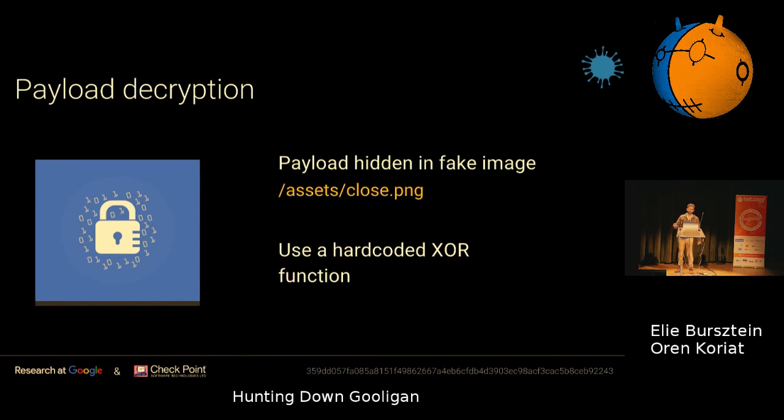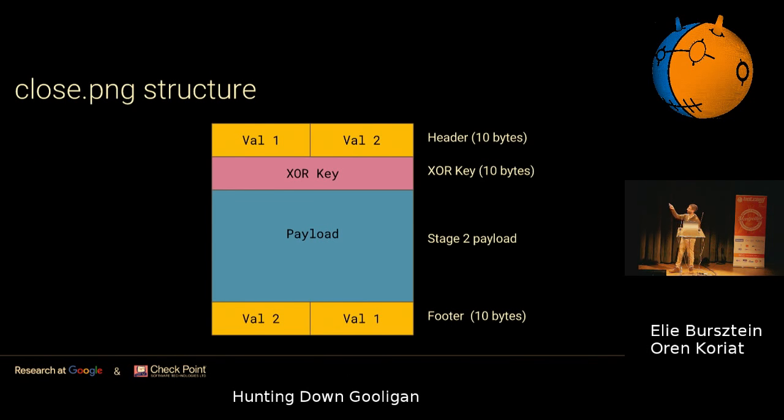Okay, so starting with the payload decryption. So typically the payload would be in one of Gooligan's assets. The asset is typically named close.png. Needless to say, this is not a PNG. This is, in fact, another APK. More precisely, it's a zip containing a DEX, so an Android executable. And this DEX is XOR encrypted. So this is the file structure of said